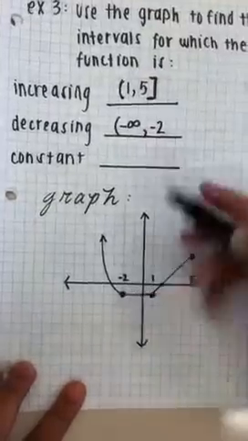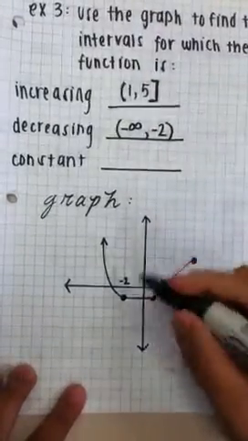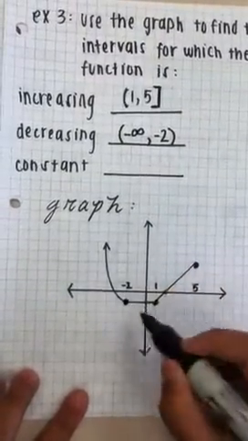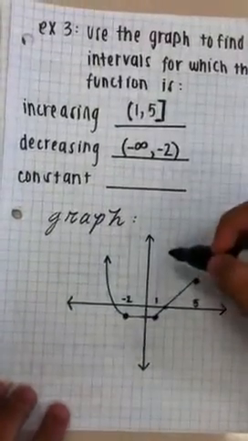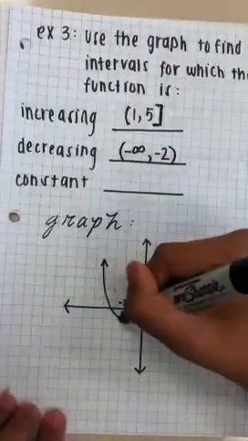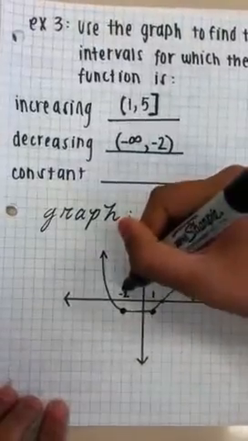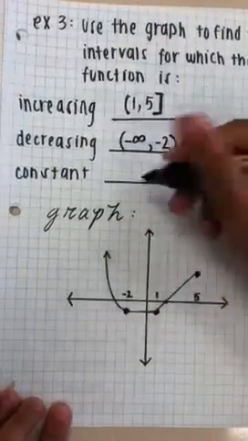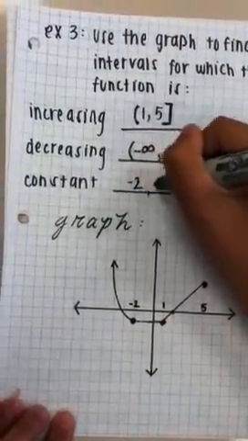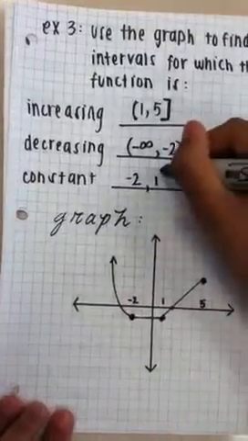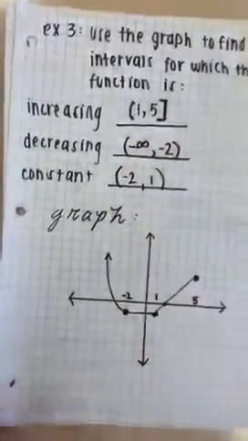Negative 2 will also have an open parenthesis because this is a shared point between two lines. For the constant, these are both shared points. We know that it goes from negative 2 to 1, and since they're both open points, that's how we